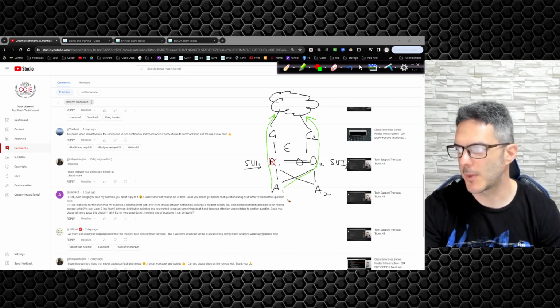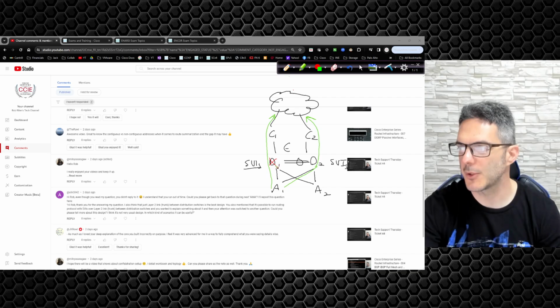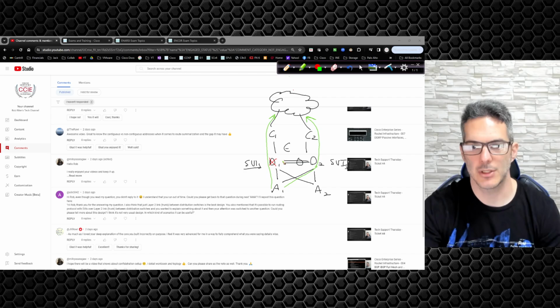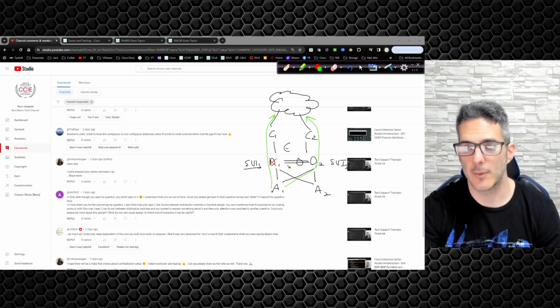Yes, it does. Do I have to worry about HSRP or whatever my first hop redundancy protocol is? No, I don't, because all of those messages can go over this point-to-point link. It's a trunk, but it can also form dynamic routing adjacencies over the trunk via the SVIs. Am I doing that in this particular case? In this particular case, no, I would not do that.